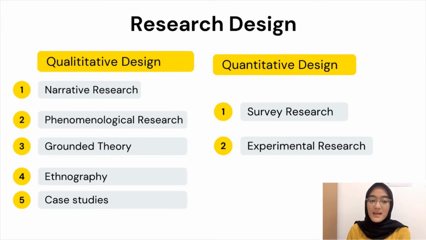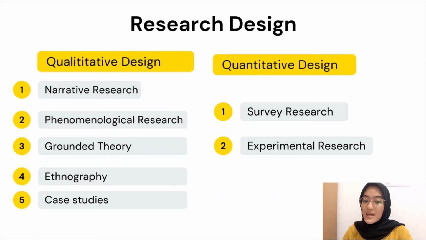Qualitative design. The historic origin for qualitative research comes from anthropology, sociology, the humanities, and evaluation. In qualitative design, there is narrative research. It's a design of inquiry from the humanities in which the researcher studies the lives of individuals and asks one or more individuals to provide stories about their lives. This information is then often retold or restoried by the researcher into a narrative chronology.